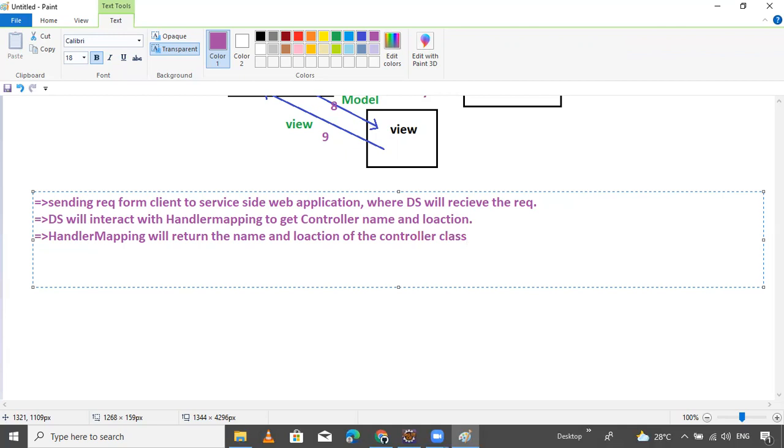I have discussed this with you in a diagram, and the same thing I'm writing for better clarity. So now next, the dispatcher servlet will recognize the name and location of the controller class.